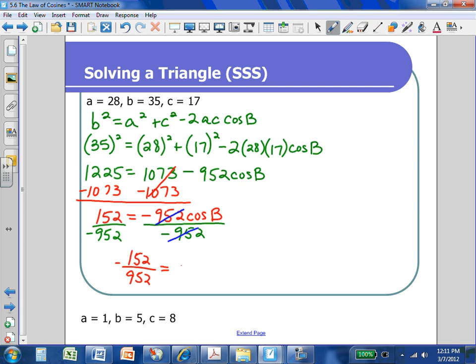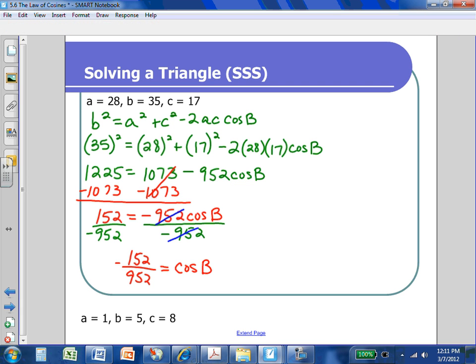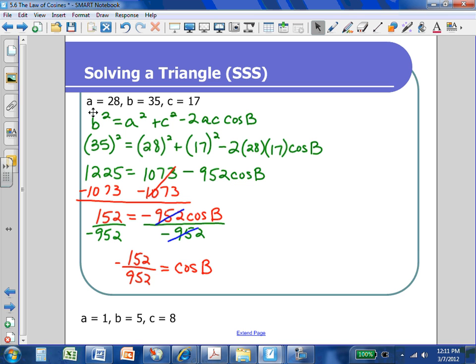That's equal to the cosine of B. Now, in order for me to solve for angle B, I have to take the inverse cosine of both sides. And by taking the inverse cosine on the right-hand side, I'm going to get angle B all by itself. Inverse cosine of negative 152 divided by 952, angle B comes out to be approximately